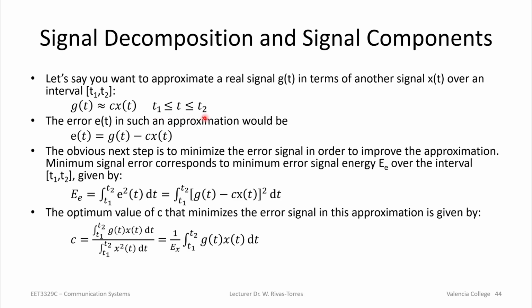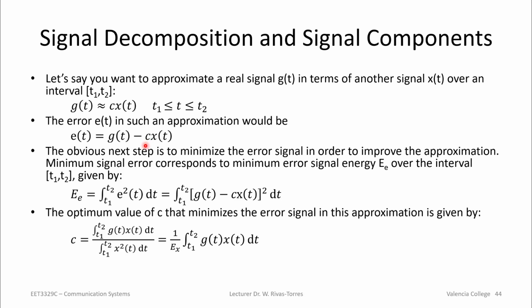So in order for us to do that, why don't we establish an error, right? There needs to be a way for us to begin to quantify how good our approximation is. And we come up with an error function, e of t. Now, e of t is nothing but our real function minus our approximate, right? And if our approximate function were really, really good, this number would be very close to zero, right? But if you remember back our discussion on vectors, we have a vector for g of t and our approximate function,